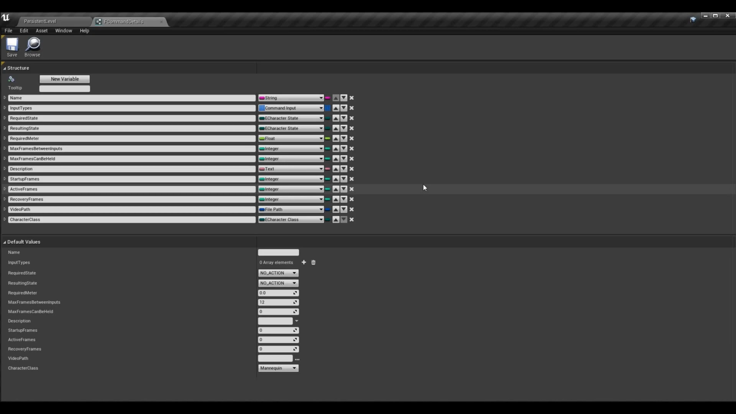In this widget, I've now added 3 additional variables: a startup frames integer, active frames integer, and recovery frames integer. So all 3 of these are ints, and it's simply a count for startup, active, and recovery. Very simple, right? So if you're in the structure, you can click new variable 3 times, make them all ints,